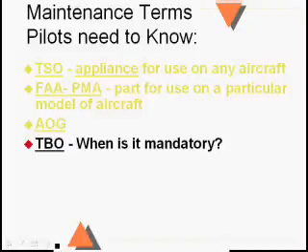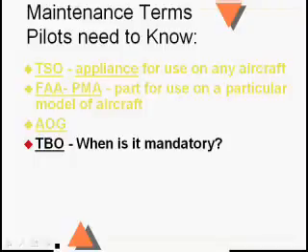TBO stands for Time Between Overhaul. Now, if you have a manufacturer's recommended TBO, if it's under Part 91, you don't have to have the engine overhauled or the propeller overhauled or the magneto overhauled, as long as it keeps passing that annual or 100-hour progressive inspection or however you're handling it. As long as it keeps passing the inspection, you can run past the TBO if the airplane's operated under Part 91. Even if it's operated Part 91 for hire, you can go past the recommended TBO.